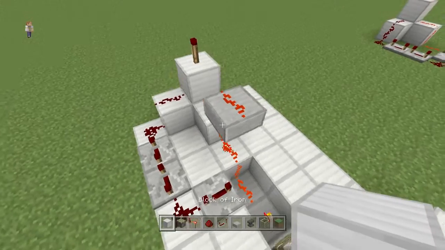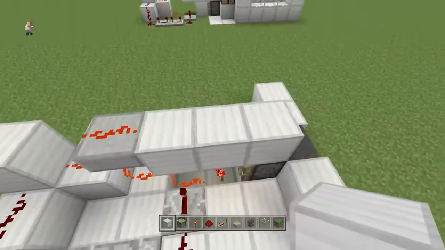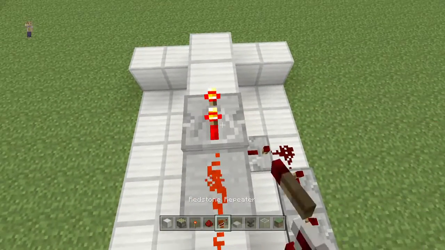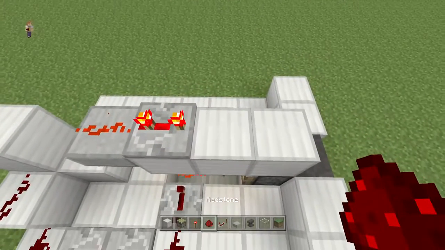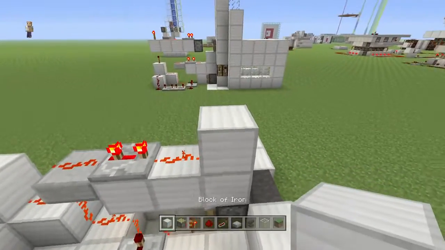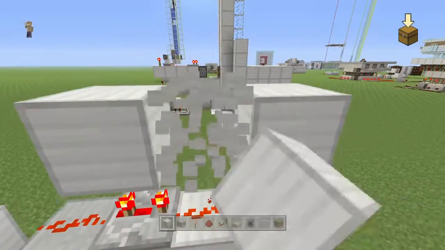Make sure it's an upside down half slab, otherwise you won't be able to put redstone on top of it. Then I'm going to place 2 more blocks right there. We'll place a repeater here set to 3 ticks, and then 1 more redstone right there, and then a block on top of this, and then we're going to go a block up and 2 blocks out and break those